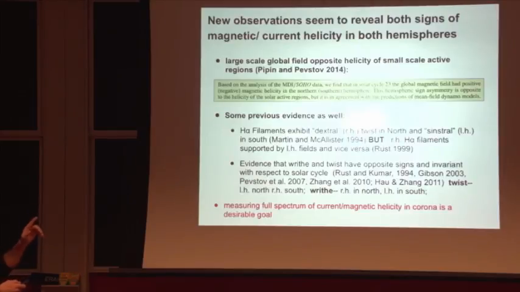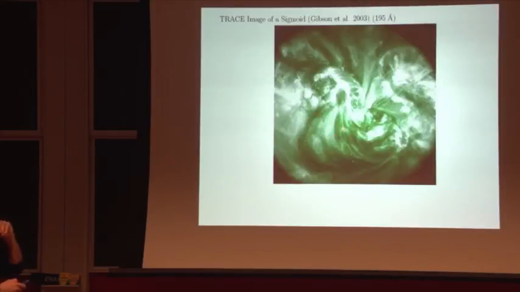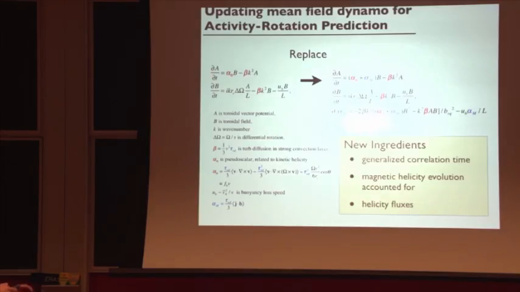So there's also an example of a structure that looks sort of bihelical. This is a writhe of one sign, but then there's a twist along it with another sign. The details of the helicity are a whole other talk in and of themselves, but I want to point out that when you replace, so this was the toy model